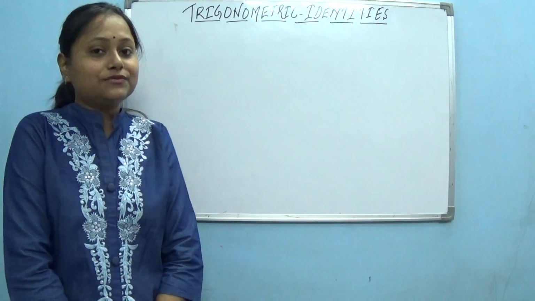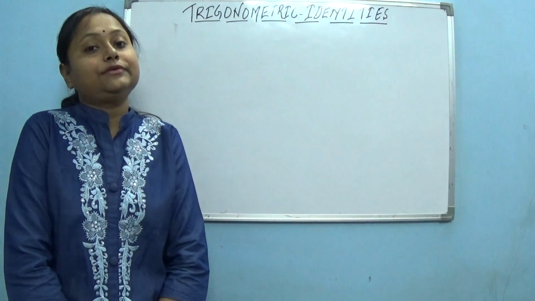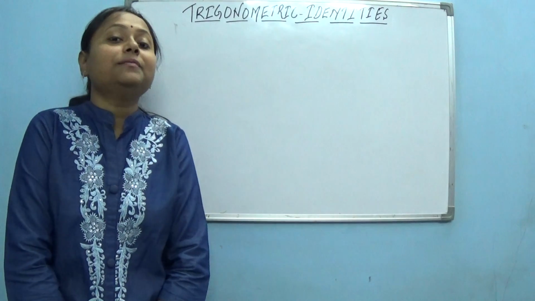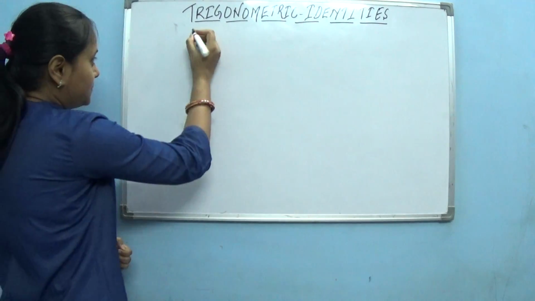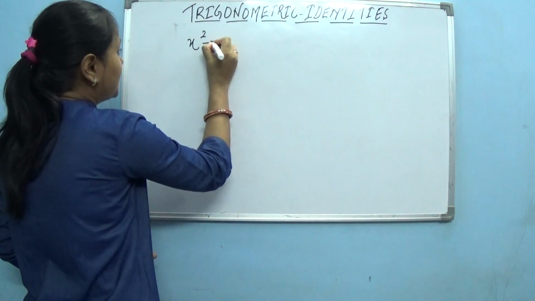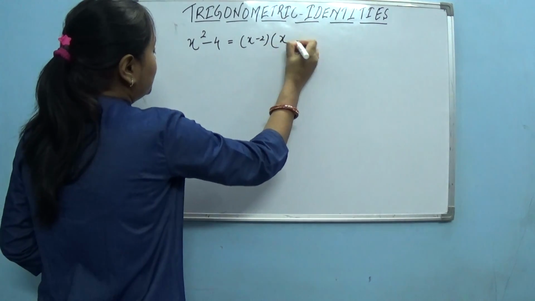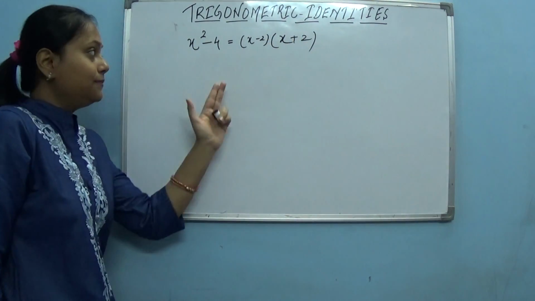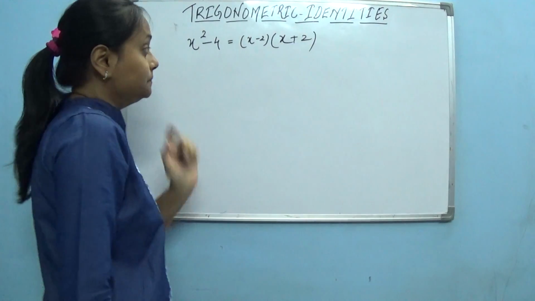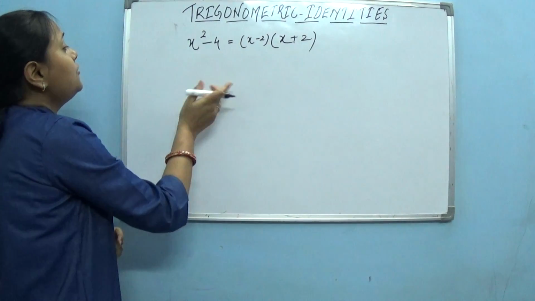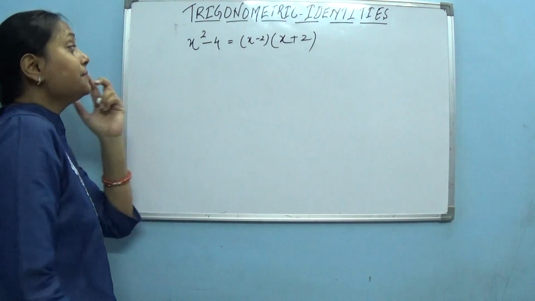In the last class we studied various trigonometric ratios, and today we will study trigonometric identities. Let's see, if I write the equation x square minus 4 is equal to x minus 2 into x plus 2, with the help of the formula x square minus a square is x minus a into x plus a. If we put the values of x as 1, 2, 3 and so on, we get